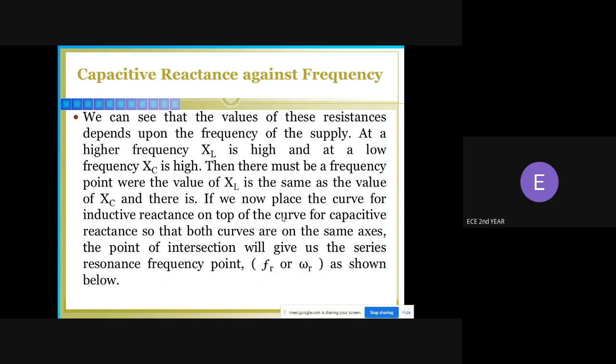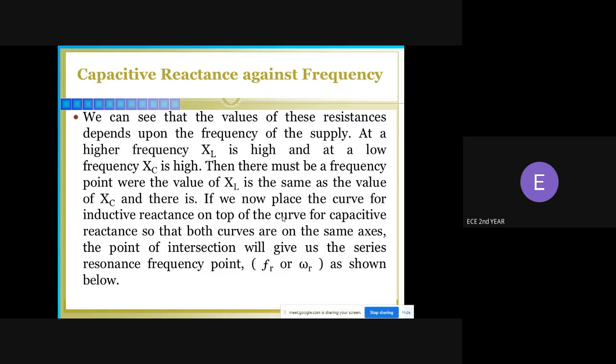Then there must be a frequency point where the value of XL is the same as the value of XC. If we place the curve for the inductive reactance on top of the curve for the capacitive reactance so that both curves are on the same axis, the point of intersection will give us the series